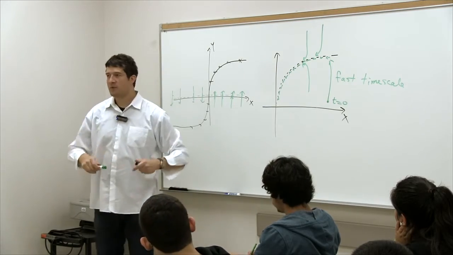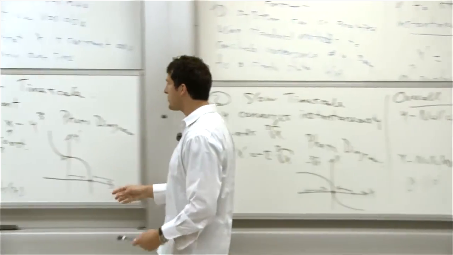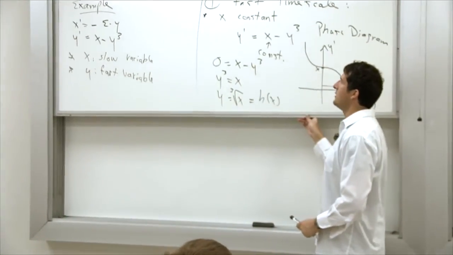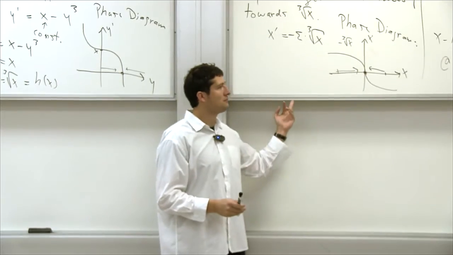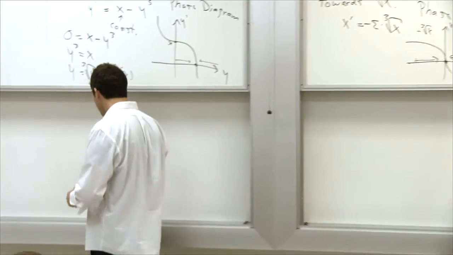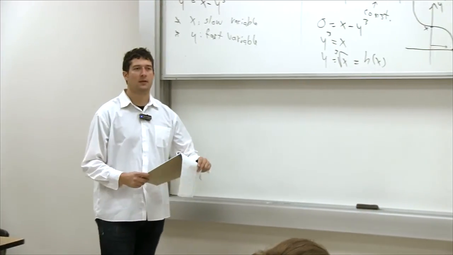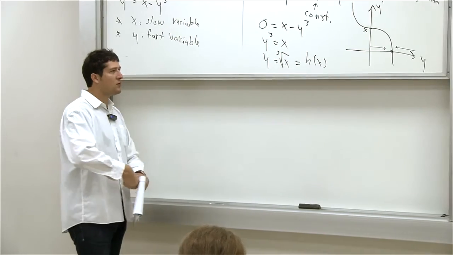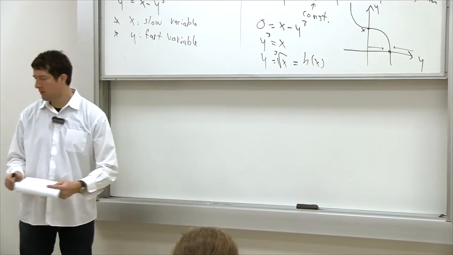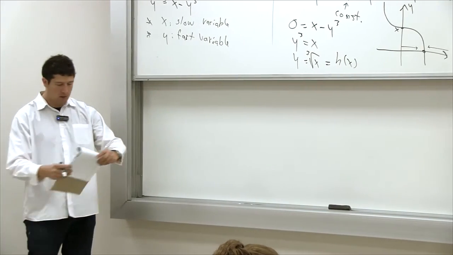Okay, too much time spent on this simple example, but basically that's the idea. You break it down into two different time scales, and then you can analyze what happens over time. Do you have any questions about this example? No questions. Okay. So then I'm going to give you a more complicated example. Basically, the next more complicated example. It's called